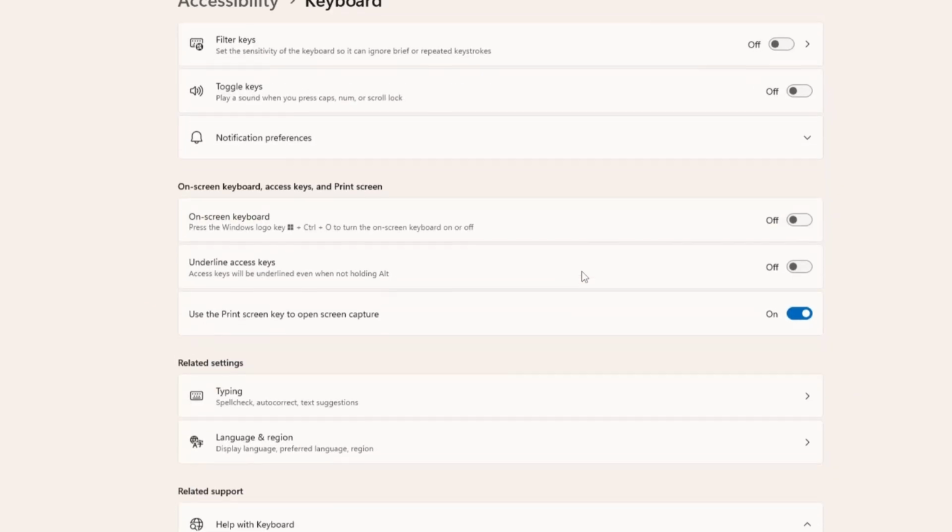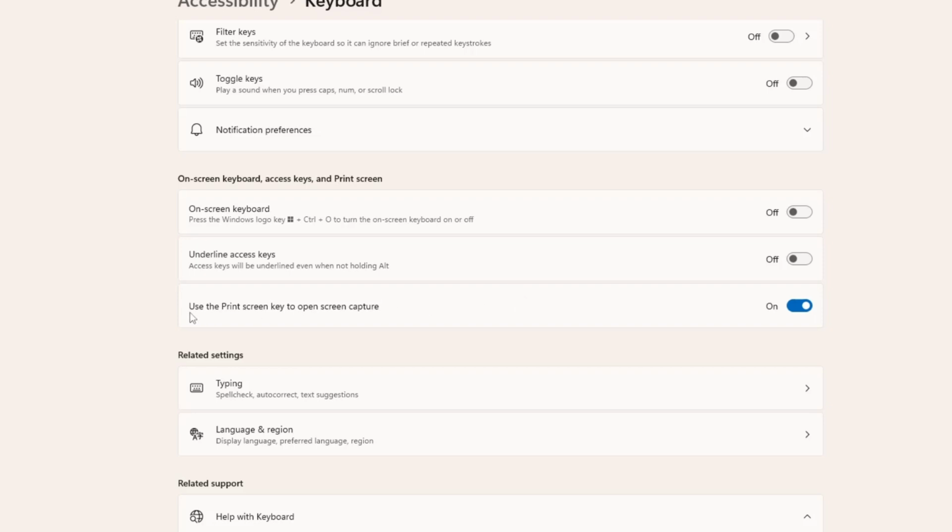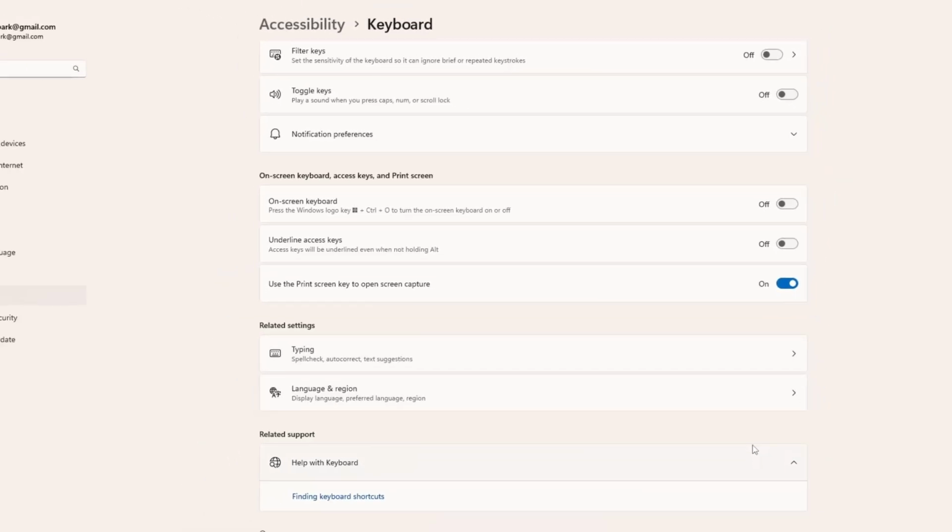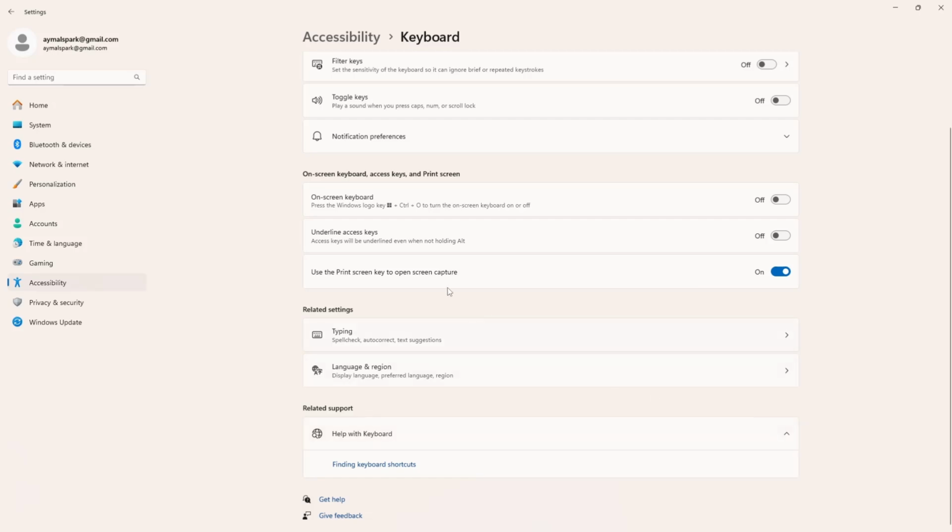Now, scroll down to find the option that says Use the PrtScn button to open Snipping Tool. There will be a toggle switch next to it. Click on the switch to turn this option on. When this is enabled, pressing the PrtScn key on your keyboard will automatically open the Snipping Tool, allowing you to